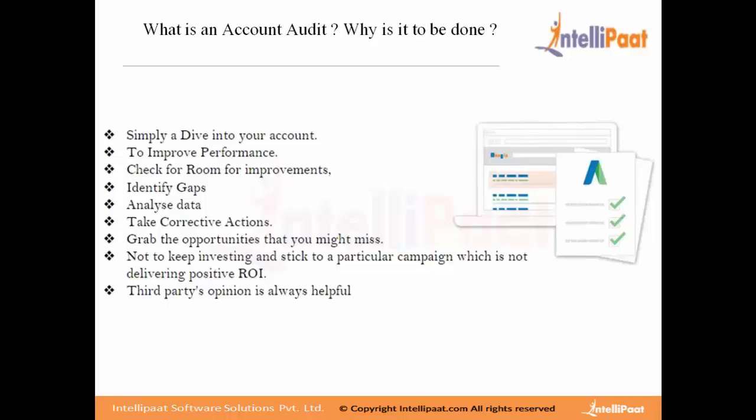The last point I want to talk about from this slide is that there is always a great way to identify the gaps, which is by taking a third party's opinion. If you are committing one mistake, it might happen that after doing an audit for the first time, second time, third time, you're still not able to identify that mistake because in your eyes, that mistake is not a mistake. You might feel that the kind of stuff you're doing is absolutely right. So it makes a lot of sense to always have a third party's opinion. Maybe not just one person. Maybe you can involve a couple of individuals or agencies who can give you much more insights.